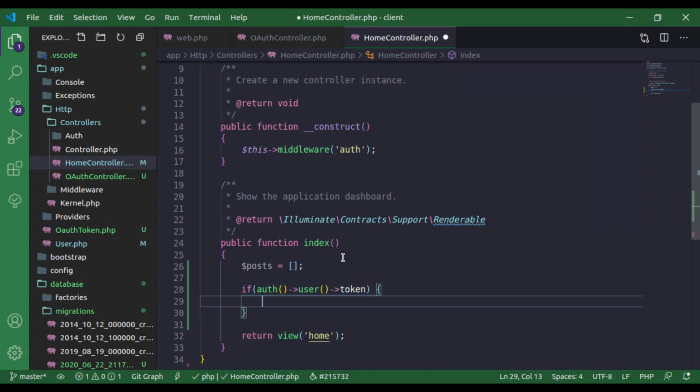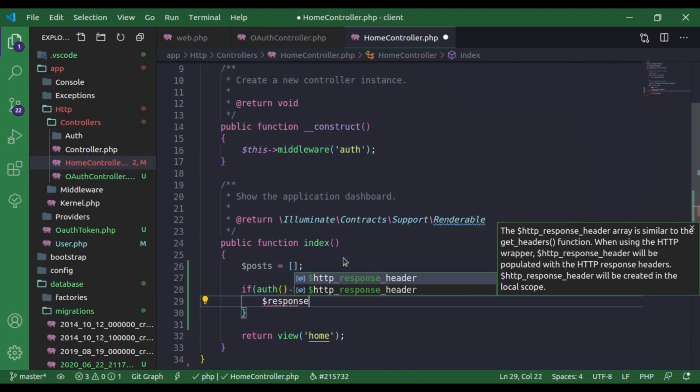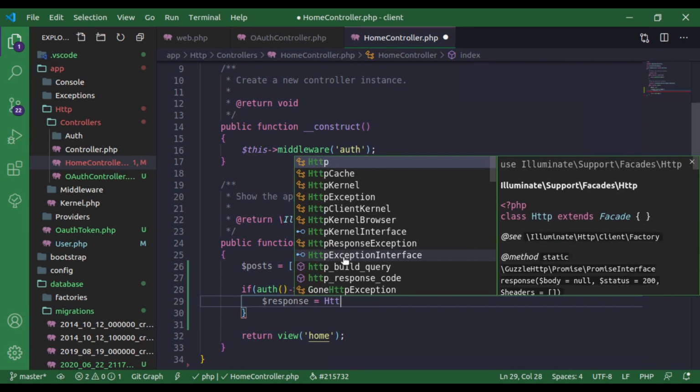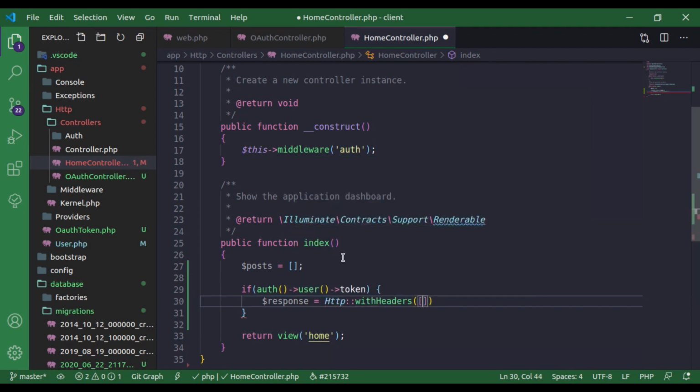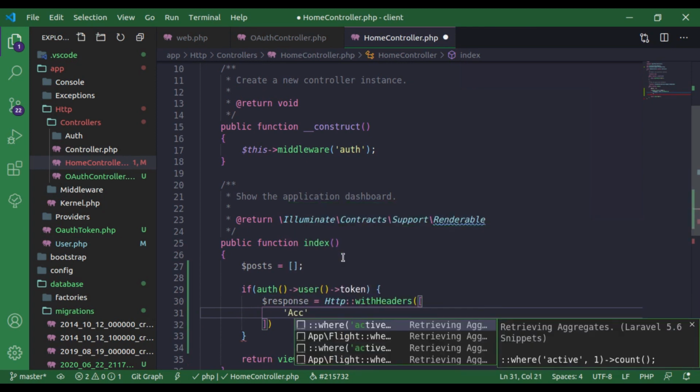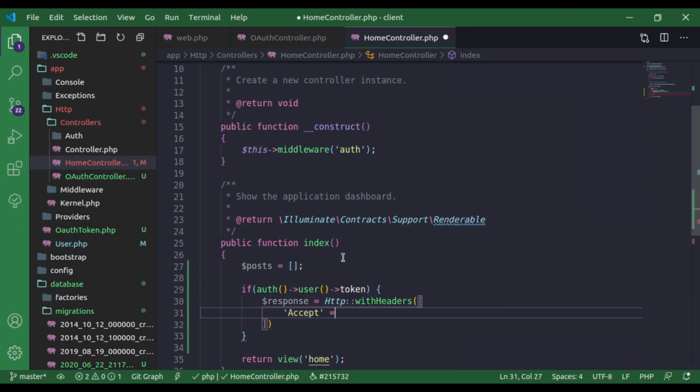So here I'll say $response is equal to Http::withHeaders, and here I'll pass Accept: application/json and